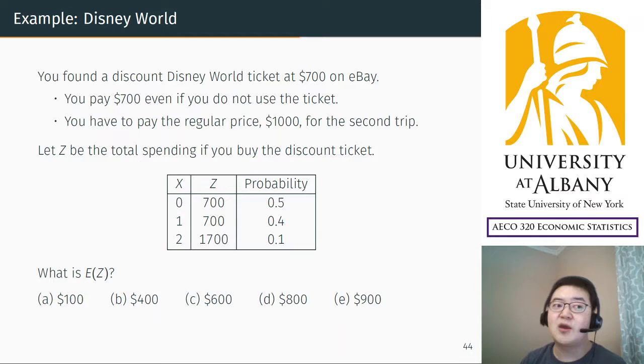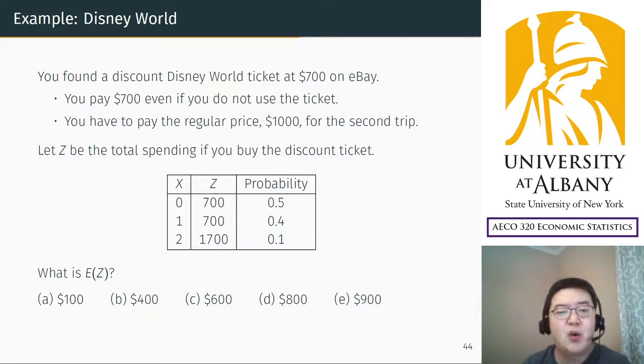So on eBay there was a Disney World ticket at a discounted price, say $700 instead of 1,000. But the problem is at the moment I don't know if I'm going. I may not go. I may not be able to go to Disney World. In that case, if I can't go to Disney World, then I'm simply losing $700, right? If I buy the ticket here,